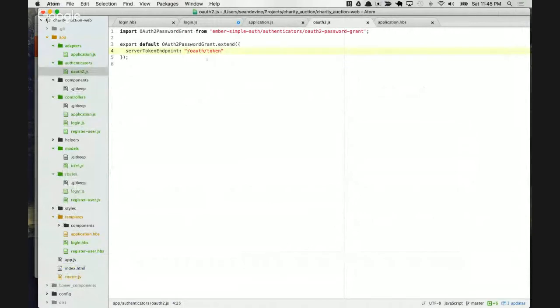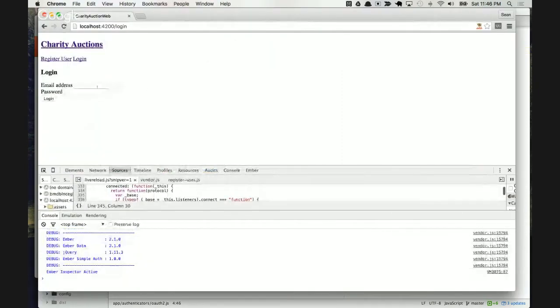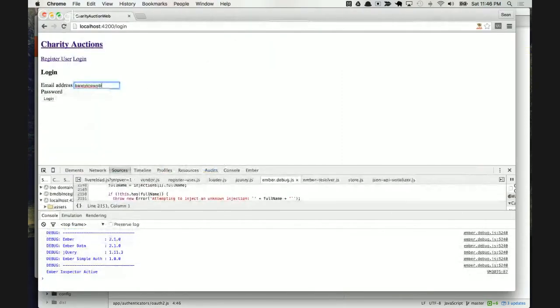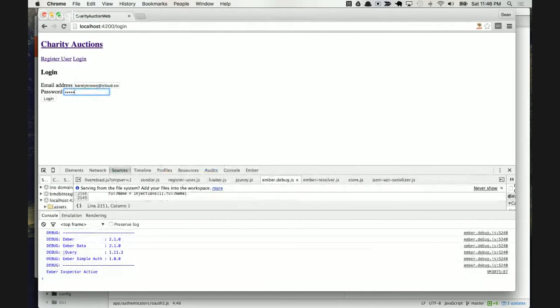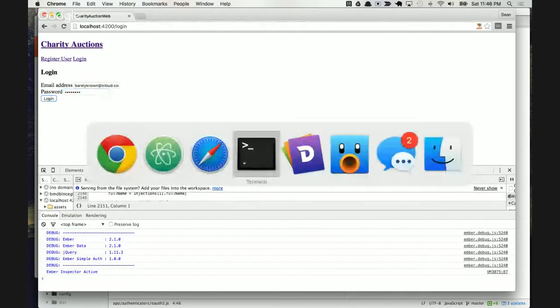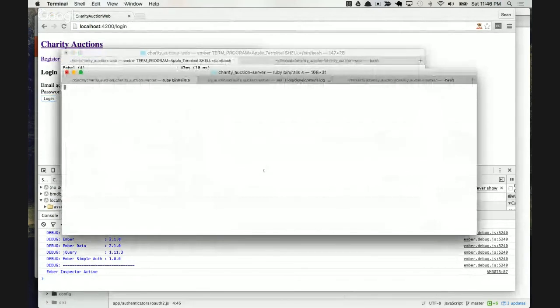I mean, it was dumb of me not to just do that in the first place, because this isn't sort of inheriting from the adapter which we set the host on, right? And this is another thing where we'll need to have this depend on the environment, but right now we only have one environment, so no reason to sweat that really. All right, so now when I click login on our server back here, we should see